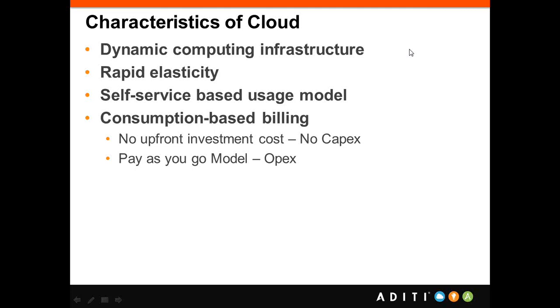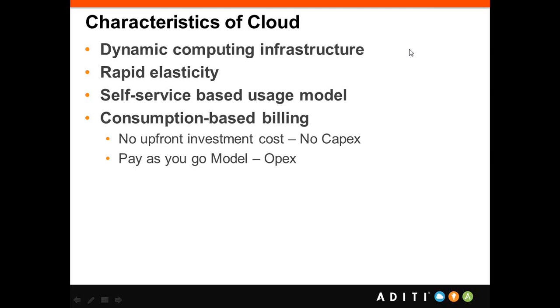Here there is no upfront investment cost. We call it no capex, no capital investment upfront. That is one of the biggest problems which cloud is going to solve. Today, if you are creating a site and you expect 1 million users, probably you have to invest a lot of money in hardware, resources, electricity, data center, network, bandwidth, and everything.